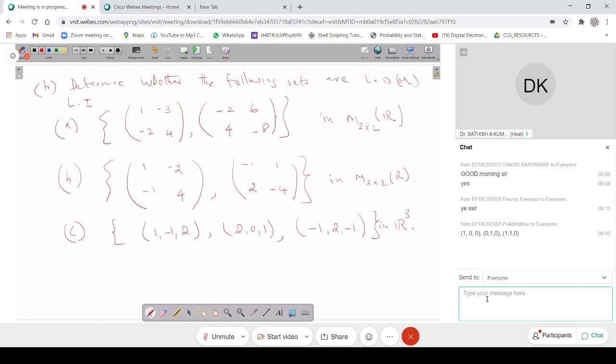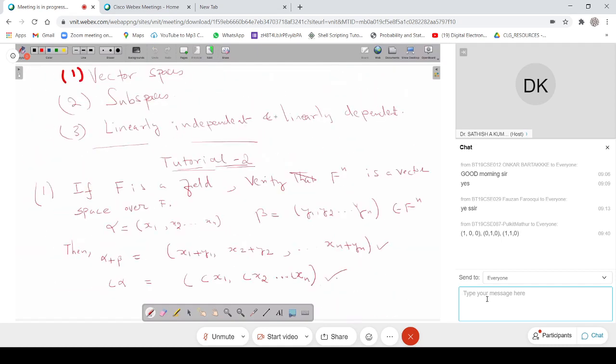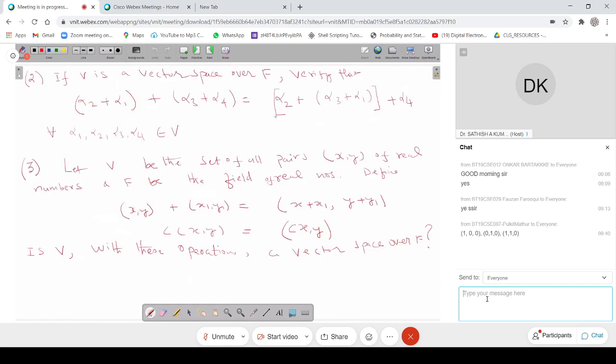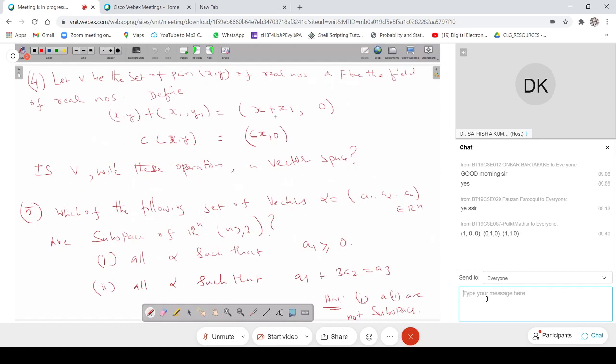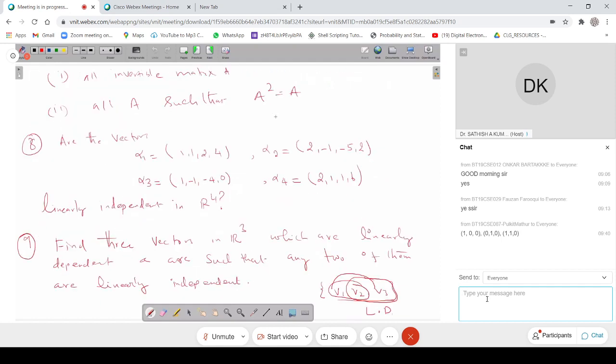It is not a big thing to verify, because if it is dependent, you can write one vector in terms of the other vectors, but if it is independent, none of them can be expressed as a linear combination of the other vectors. So those things can be easily verified. All the problems we have given today are not very difficult to analyze. With the definitions and properties given, you can straightforwardly verify these examples.